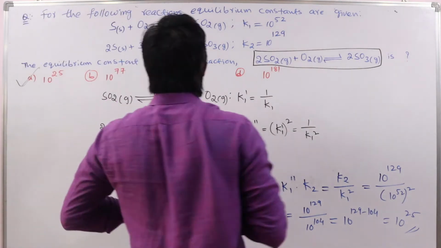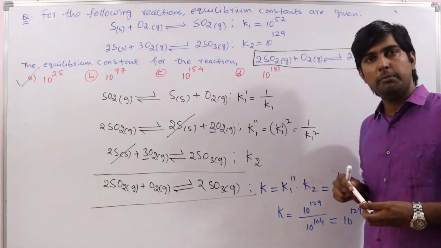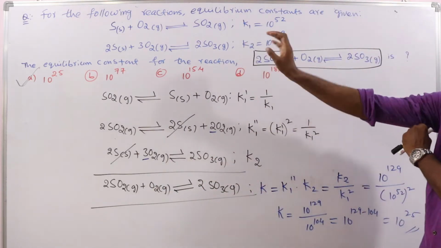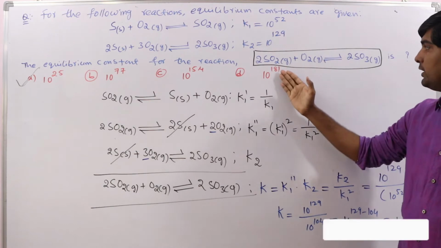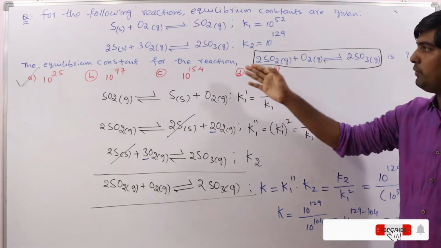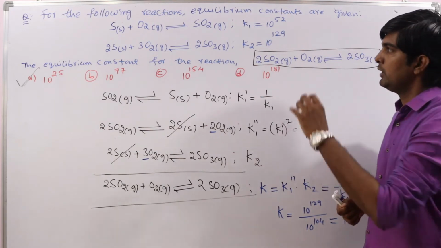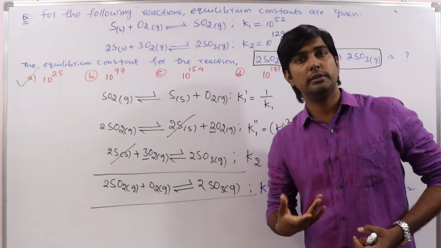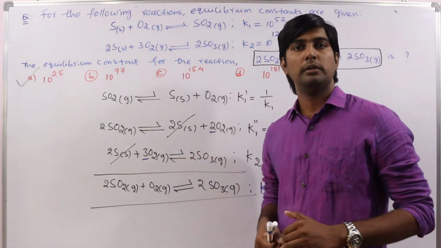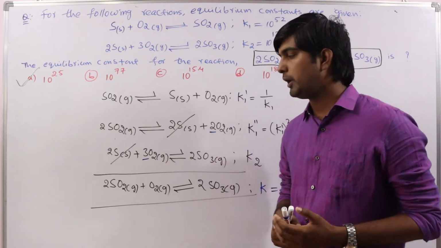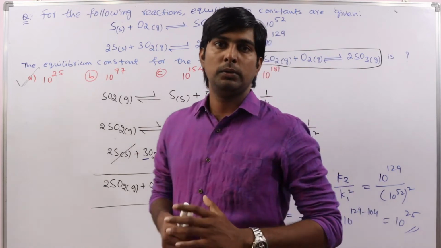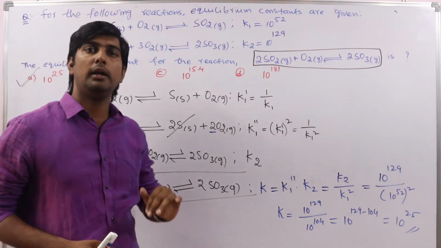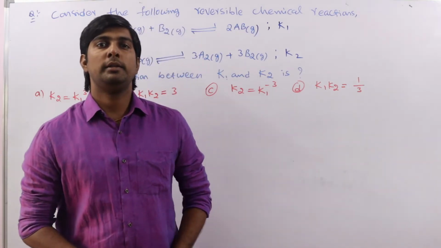This is very important. The same type of problem was asked in another shift also, and we discuss that too. First, identify the species present on the left and right side in the reaction for which we have to calculate the equilibrium constant. Then, by utilizing the provided reactions, we make changes. Sometimes a reaction is reversed, sometimes it remains as it is, and sometimes we have to multiply or divide by a number. These concepts we already discussed clearly. Let us see another question.